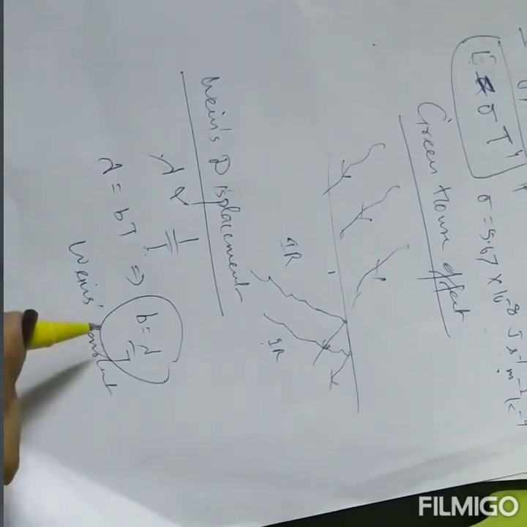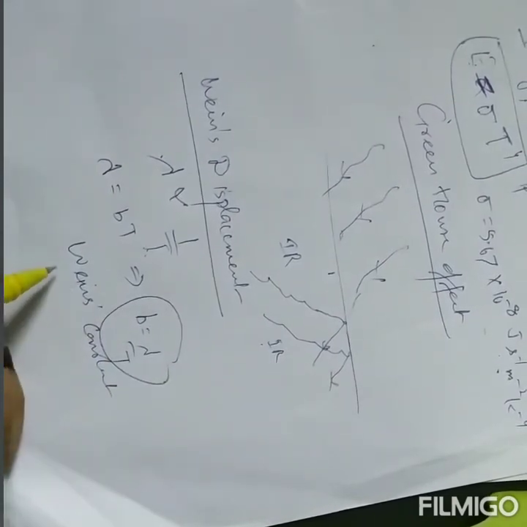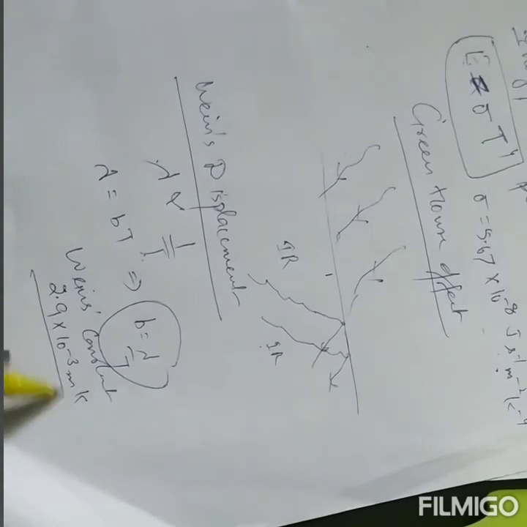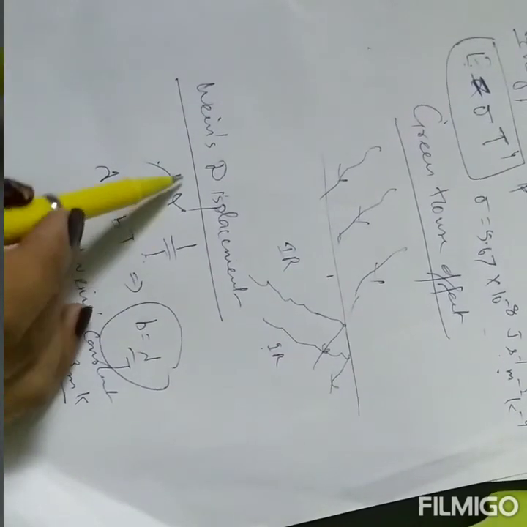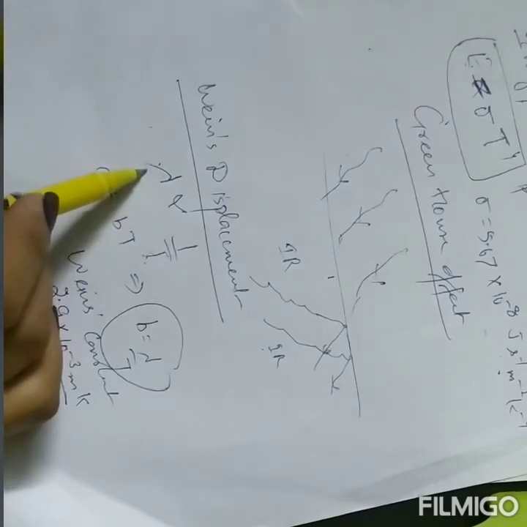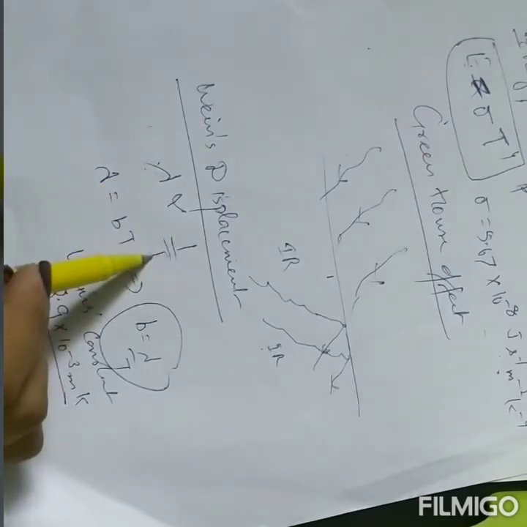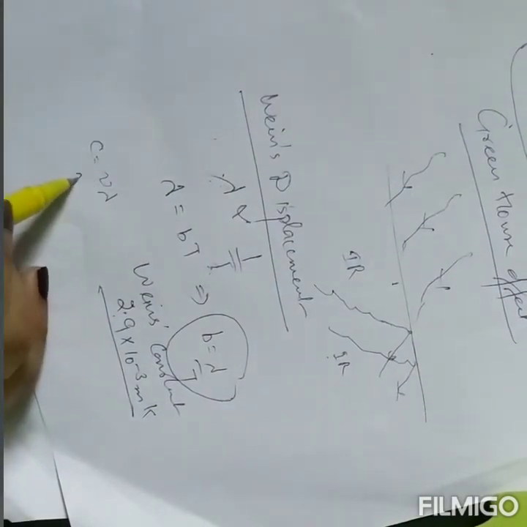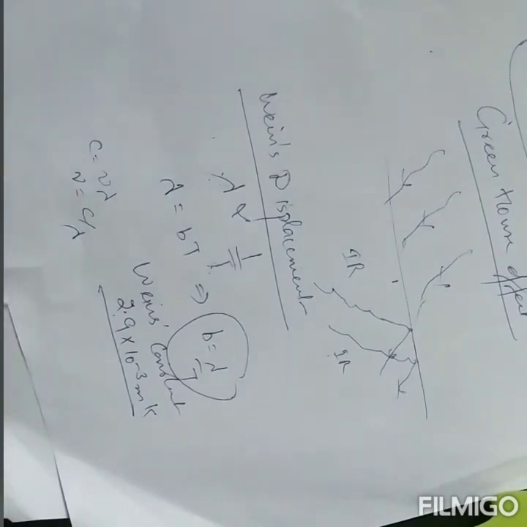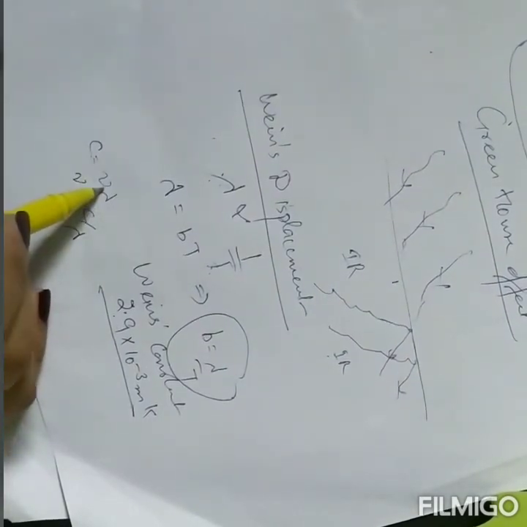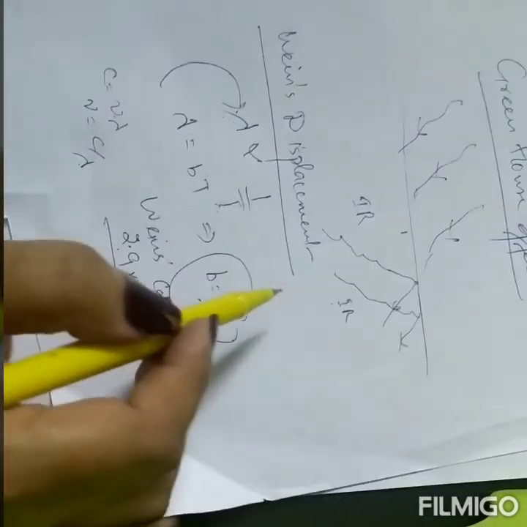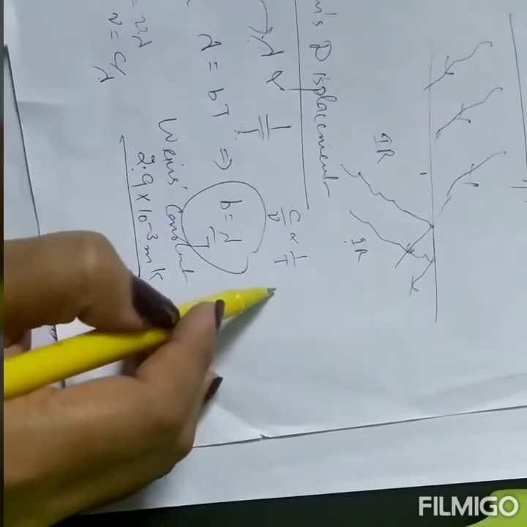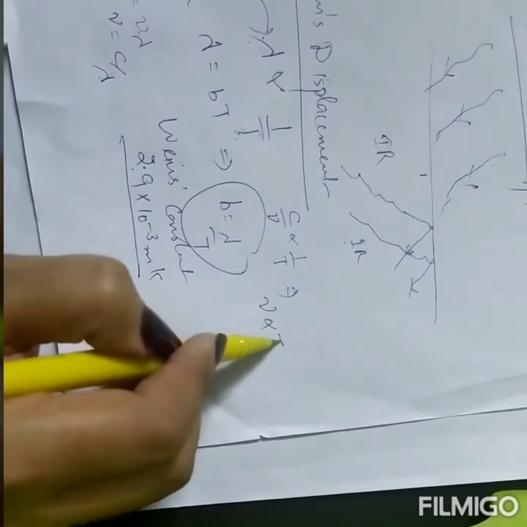Okay, so this is your Wien's constant, and its value is also constant, that is around 2.9 into 10 raised to power minus 3 meter Kelvin. Now why is it important? This law is important. From here it is clear that lambda is inversely proportional to temperature. But we also know that C is equal to nu lambda. So frequency will be equal to C divided by lambda, or you can say lambda is C divided by nu. So we can put here the value of lambda, that is C divided by nu, that is proportional to 1 over T. Or you can say from this relation that frequency is proportional to temperature.